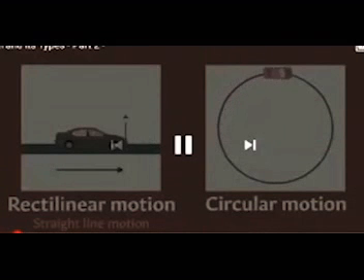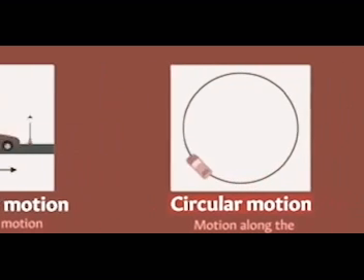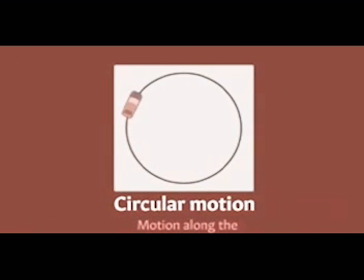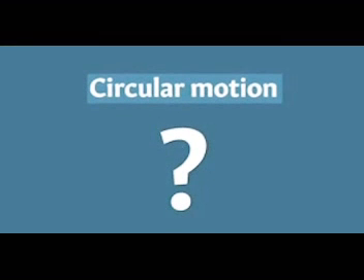More accurately, it's defined as the motion of an object along the circumference of a circle. The circumference of a circle is the length of this boundary which is curved. So if an object is moving along the circumference of a circle, we say it's undergoing circular motion. Can you give me any real-life examples? What about the satellites orbiting the Earth? Yes, a satellite orbiting at a certain height is also undergoing circular motion. What other examples of circular motion can you think of?